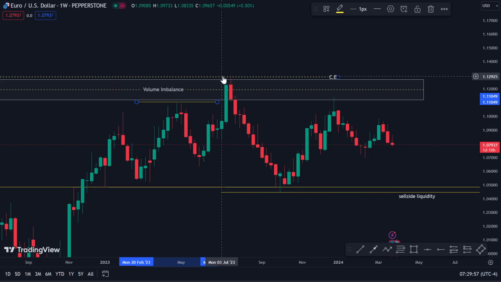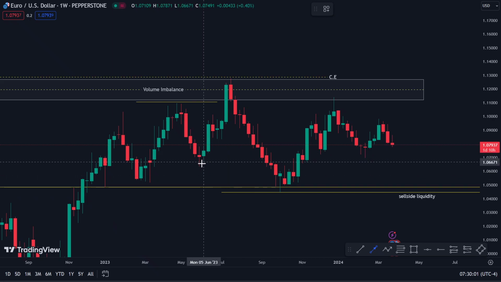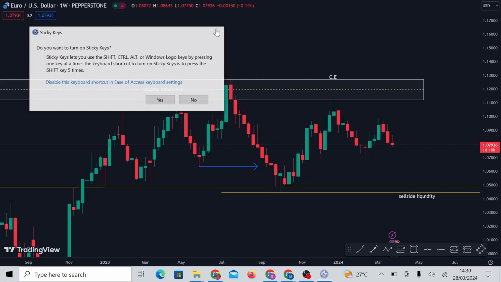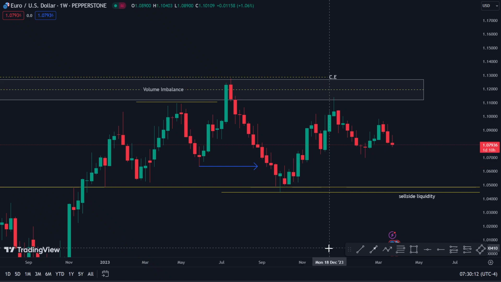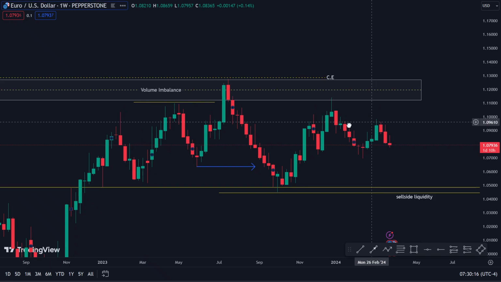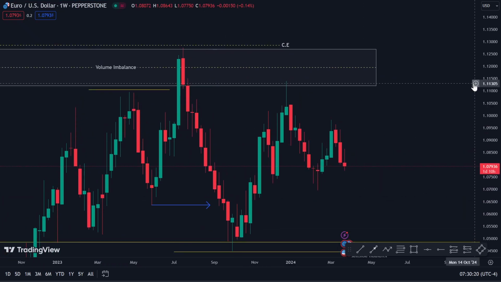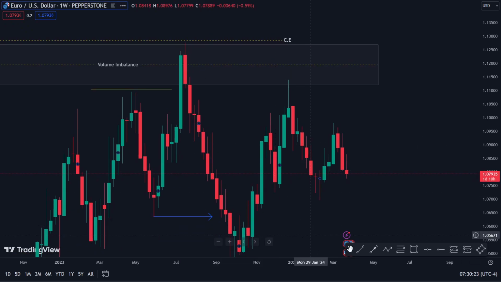See, they were taken out, and later we had a shift in market structure here when this swing low was taken out. And probably if we dive deep into here,